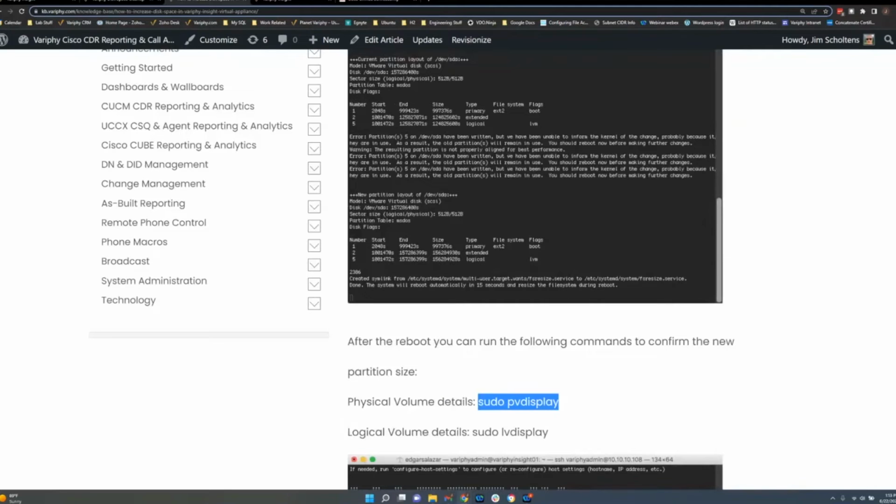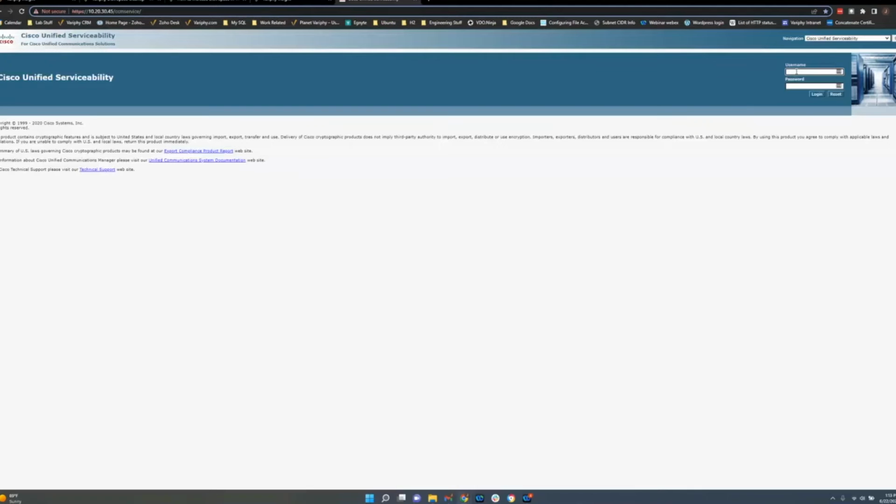All right. A couple of other possible causes for no CDR or no data. Could be that the call manager just stops sending the data to us. You see this occasionally. So what we would do here, log into call manager, go under serviceability.